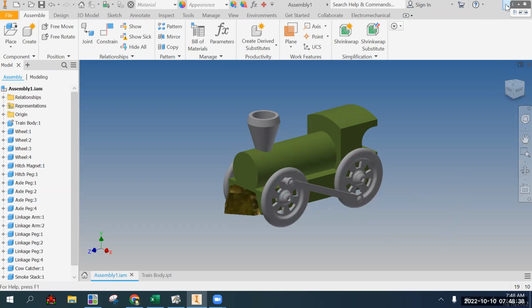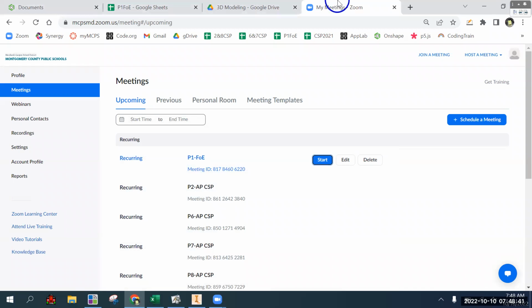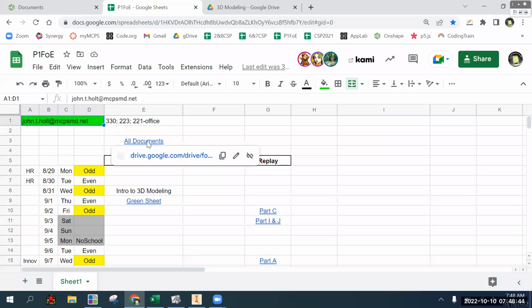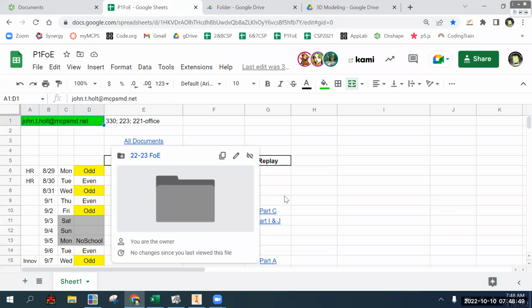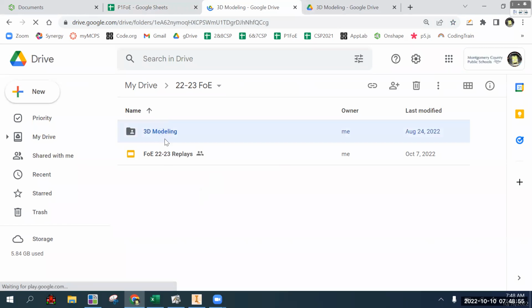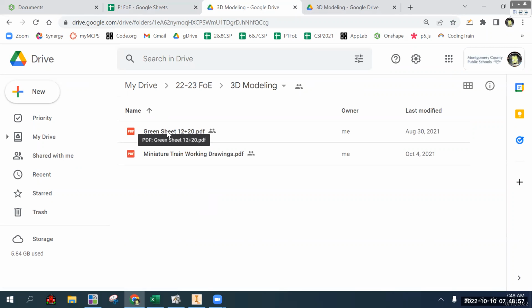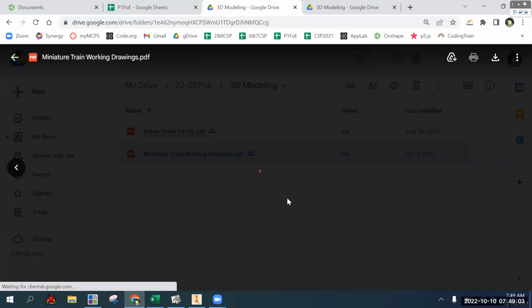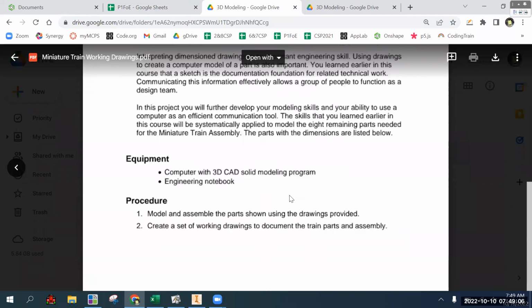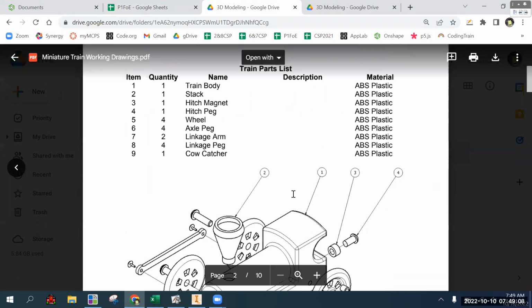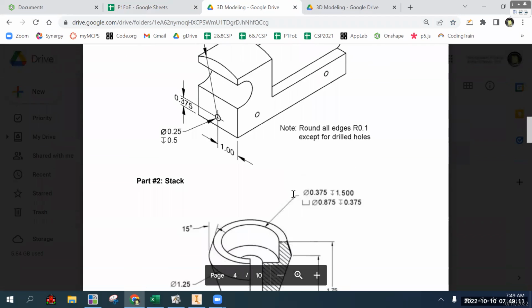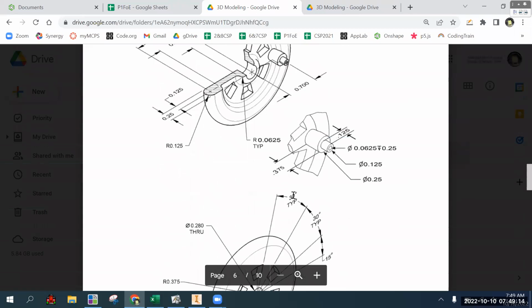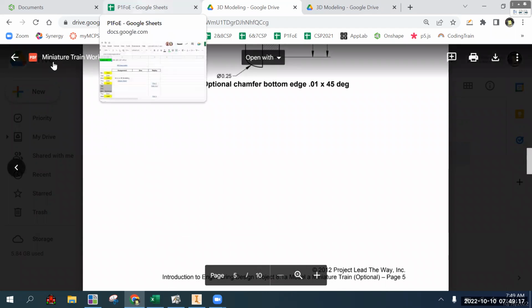Okay, and the plans for these are available, same as the plans for the green sheet, and that is from our calendar spreadsheet. Well, first of all, everything's going to be in the all documents, and the PDF is this one, miniature train working drawings. And I'll just make another, come on, load up. There we go. Okay. Copy this file or just make a link for it so it's in the top level